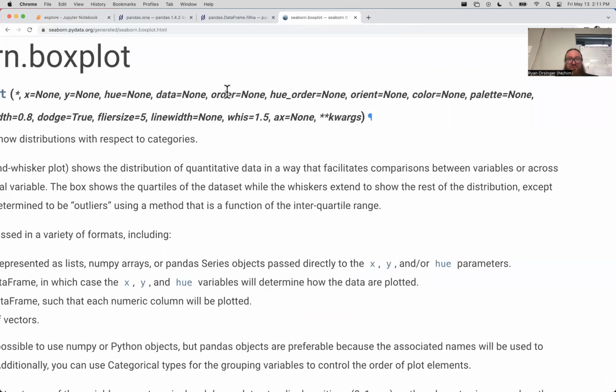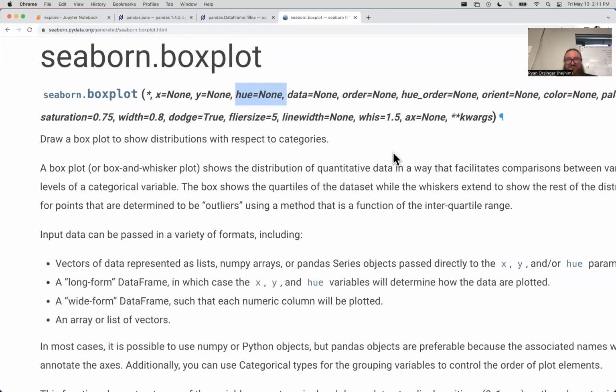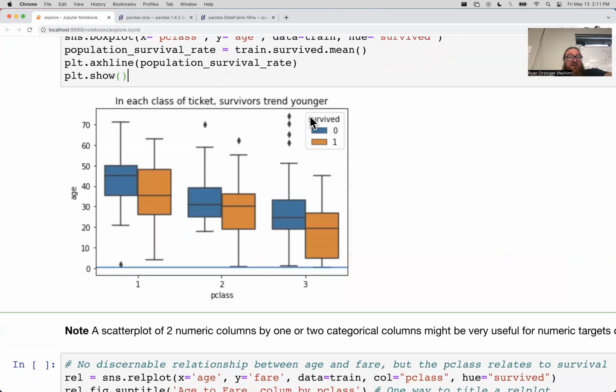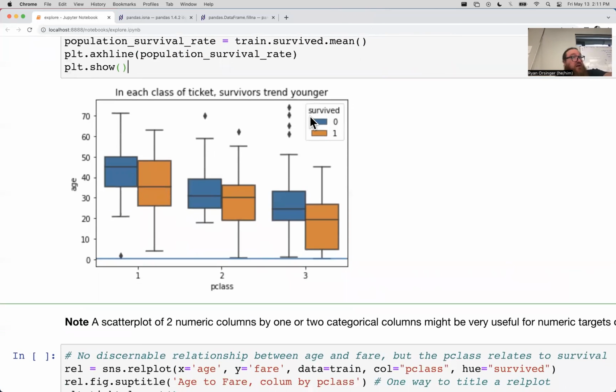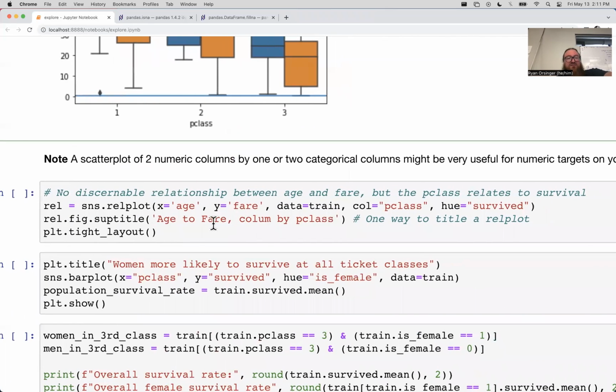So we have hue, which we can break out by a category, palette, orient. I don't see a way on box plot to add a 4th, because what would that be? Would that be a color? Would it be a shape? It's kind of too many dimensions to put on this one plot. Yeah. On some scatter plots, we can do that, though. We can add 4 variables. Hey, look at that. So I'll show you what it looks like.